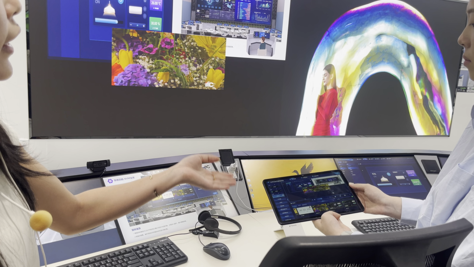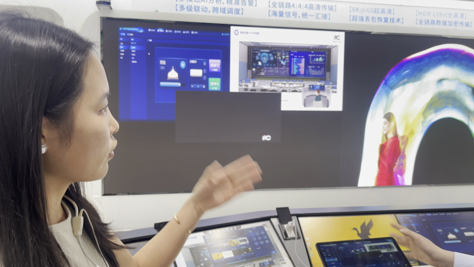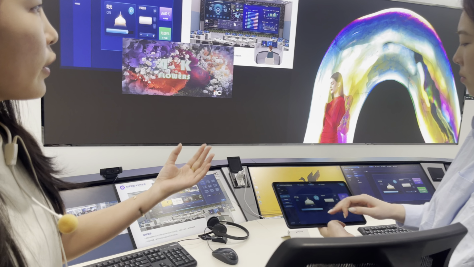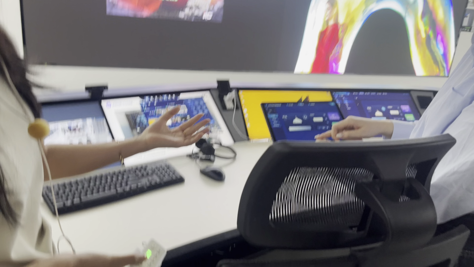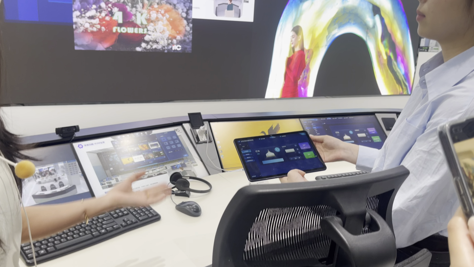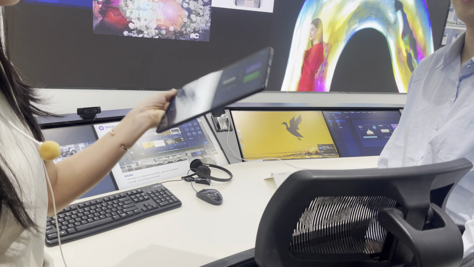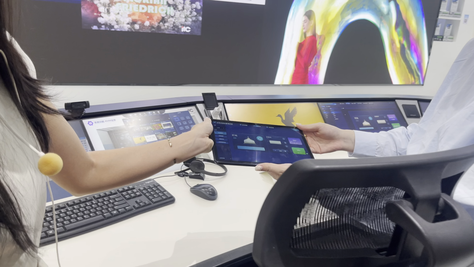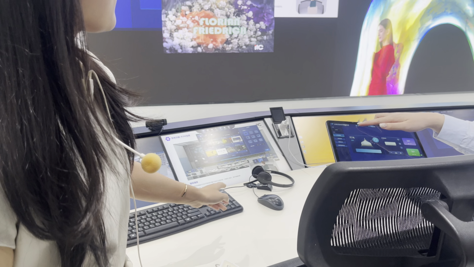I can control this meeting room, the lighting. If I have the paperless system, I have another device. I can control the power on, power off. So just like that, using the tablet, I can control everything in the command center. Yeah. And also for